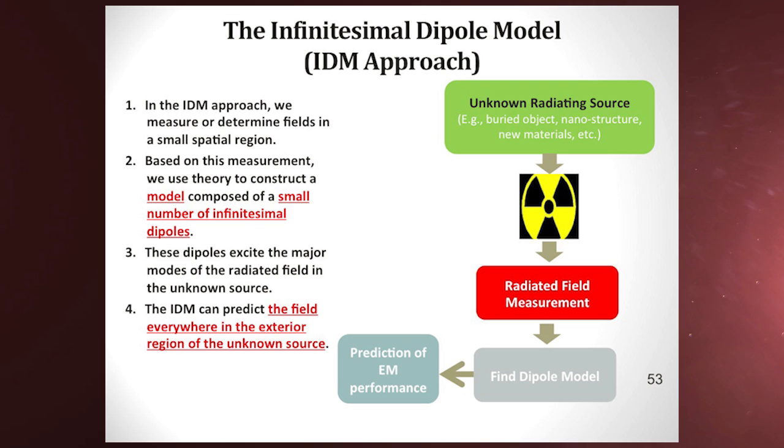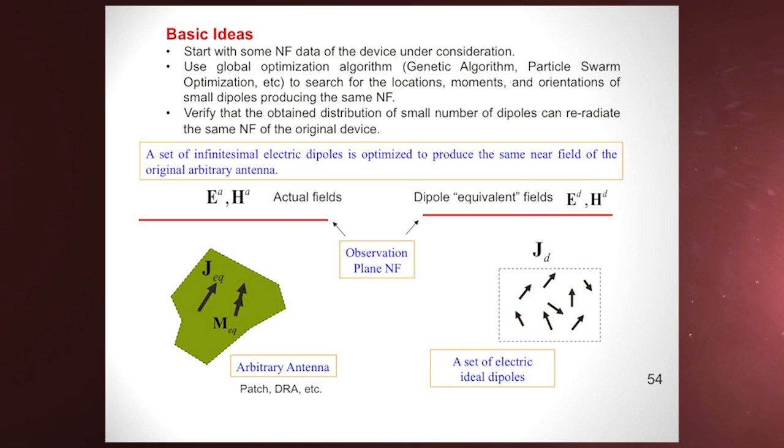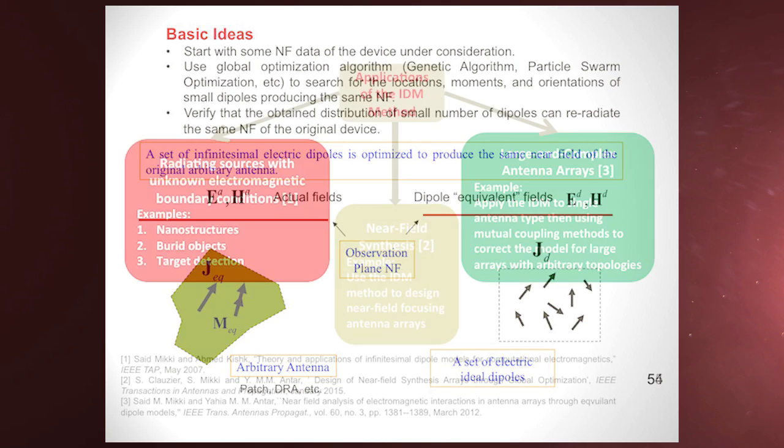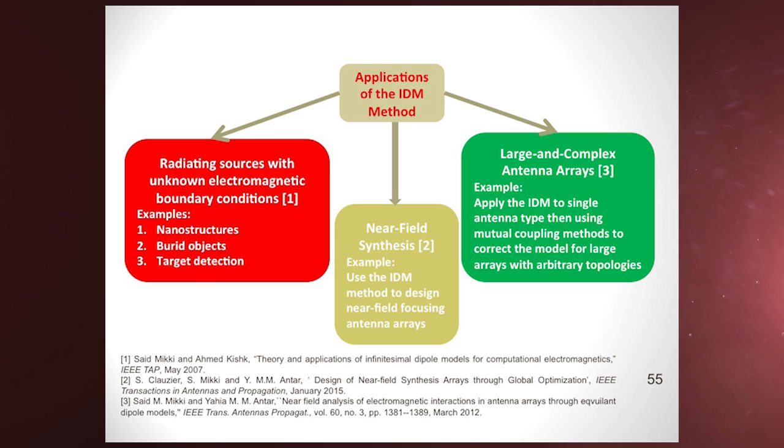It can produce the near field. Again, you use an optimization algorithm. And then from this model, you can characterize the antenna and everything that is there, and know the near field and so on. This is basically the procedure here. So the basic idea is spelled out here. You know the field. You can find the number of dipoles, their orientation, and so on, and basically leave the antenna alone and do the analysis using these dipoles.